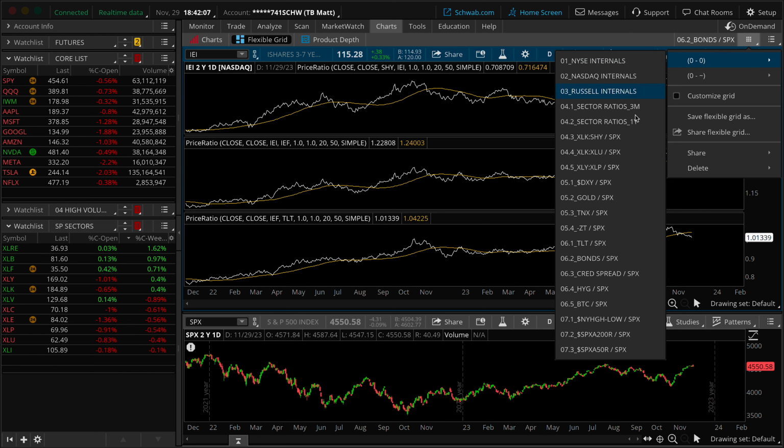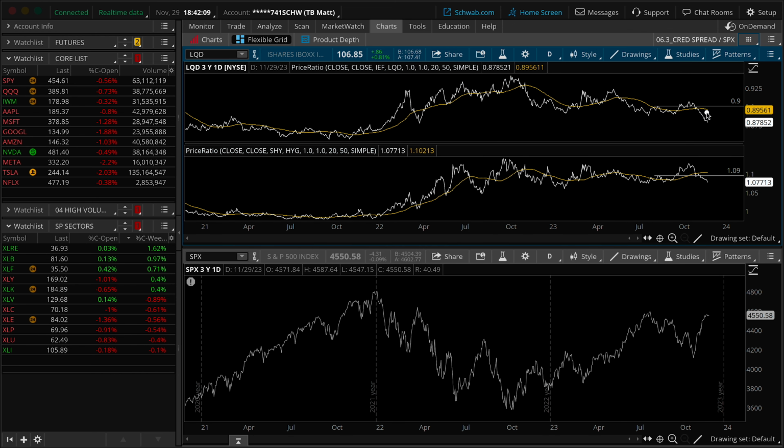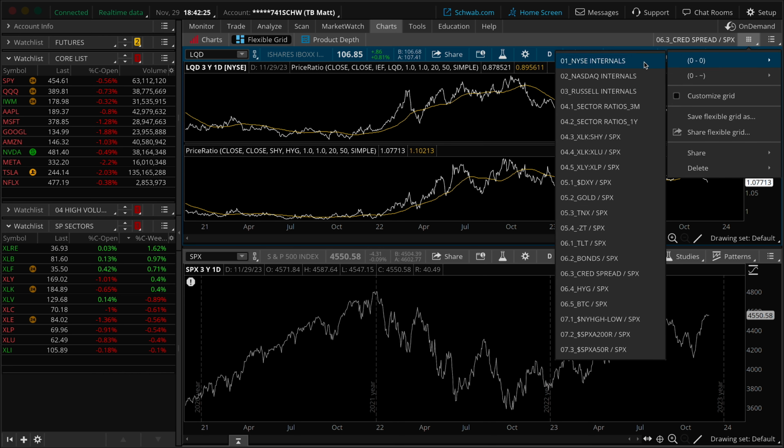Let's move along and take a look at credit spreads, especially if we look at credit spreads, again, new lows, especially on the medium term IEF LQD, SHY HYG, not quite there yet. But again, when these are falling off, you're especially not as concerned about your TLT ratio to the S&P really perking up aggressively. So with this data really coming together to support the same mission,